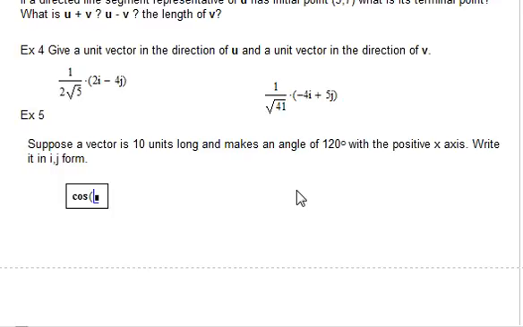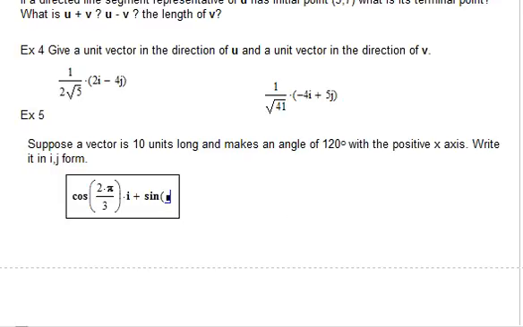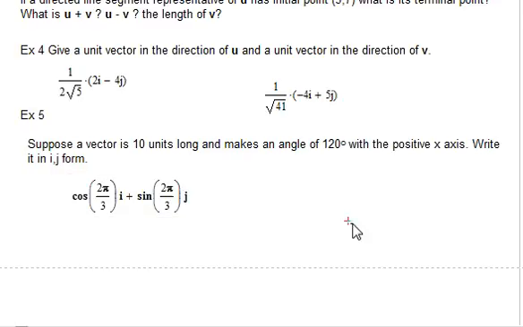I'm going to give it in radians. 120 degrees is the same as 2 pi over 3, so cosine of 2 pi divided by 3 times i, plus sine of 2 pi divided by 3 times j. Now that's a unit vector